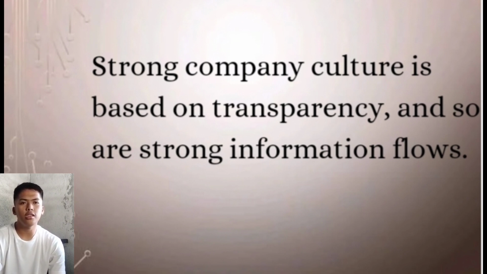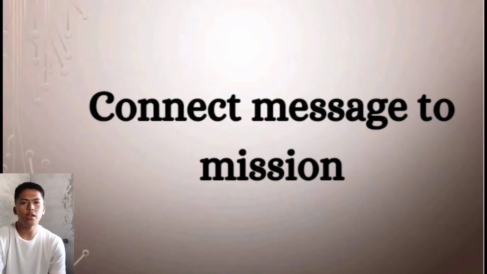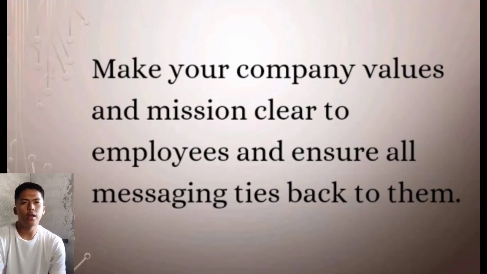Employees are more engaged when they are informed. So it's important to foster two-way communication between employees and leadership by having an open door policy and staying transparent. Connect message to mission. Make your company values and mission clear to employees and ensure all messaging ties back to them. When all employees are aligned with leadership in their understanding of company goals, they will be able to work